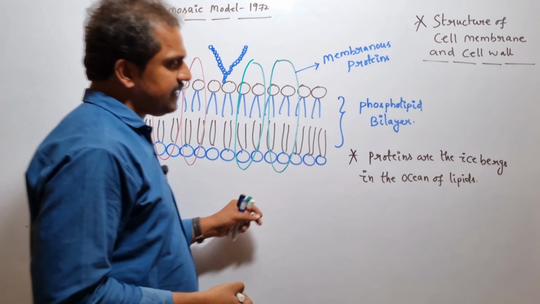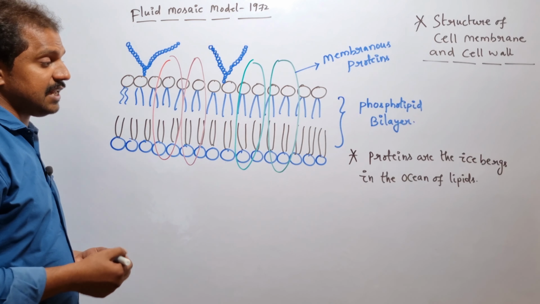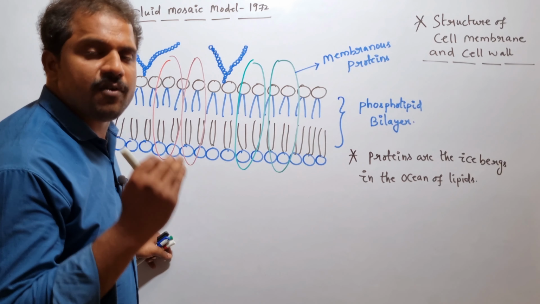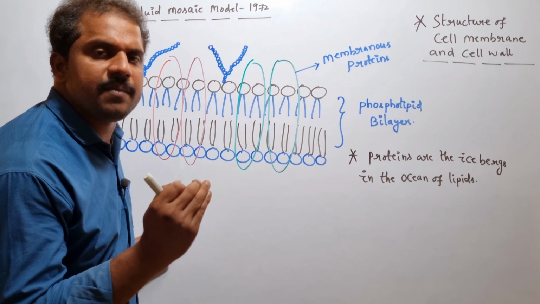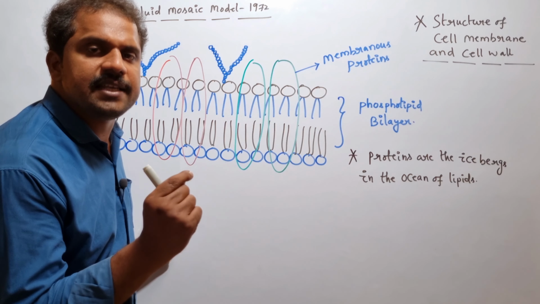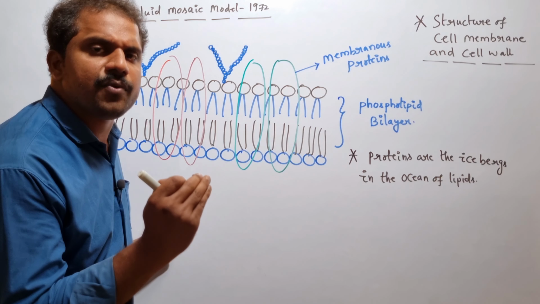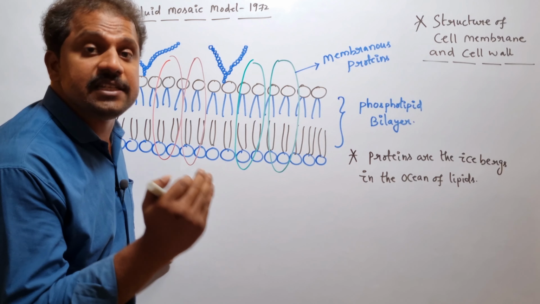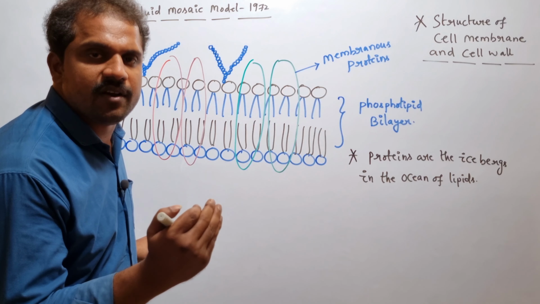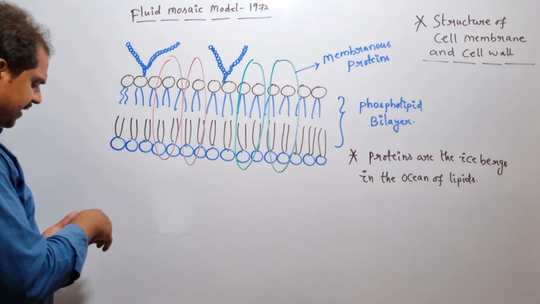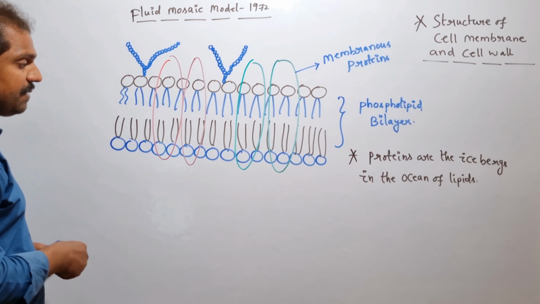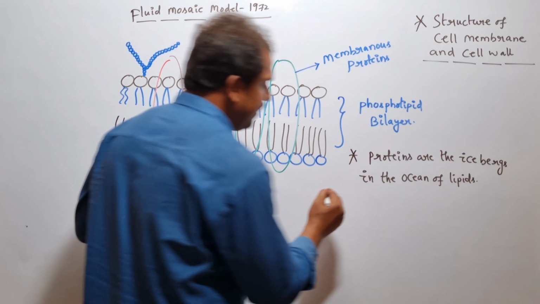And here, if we consider the chemical composition of the cell membrane or plasma membrane, as I have already mentioned, chemically it is composed of proteins as well as lipids. And the concentration of proteins as well as lipids varies in various living organisms. And basically, if we consider the chemical composition of the cell membrane in case of human RBC, it is